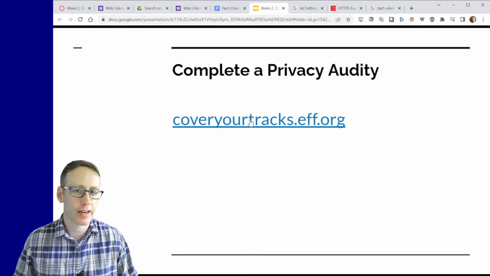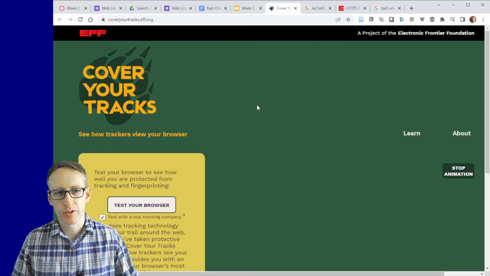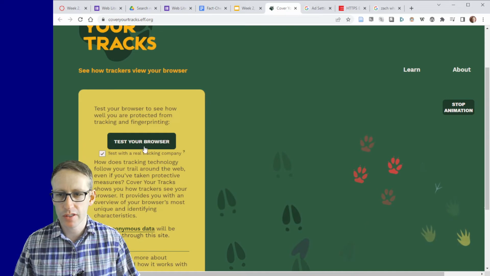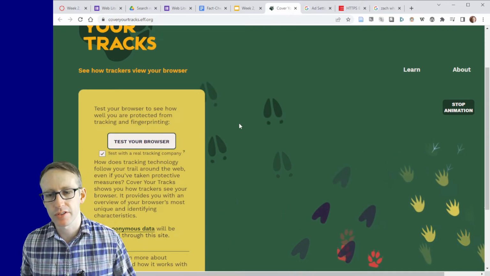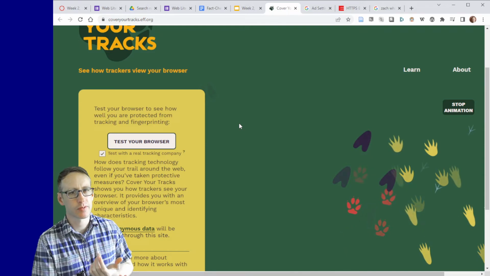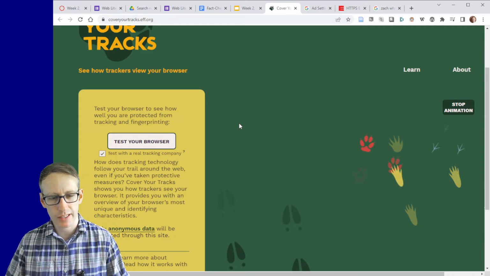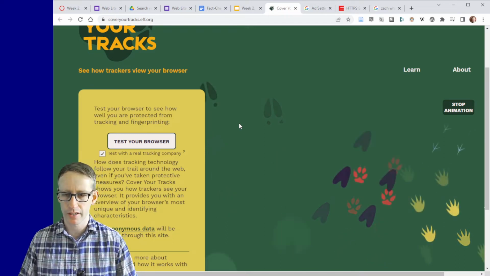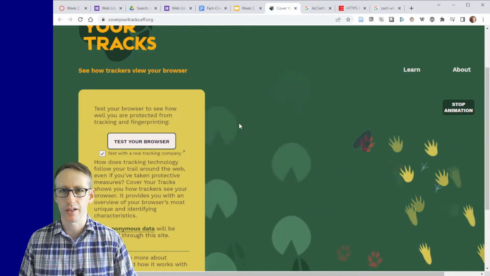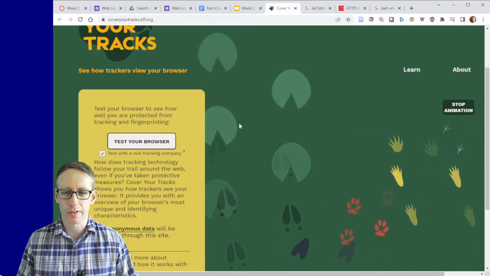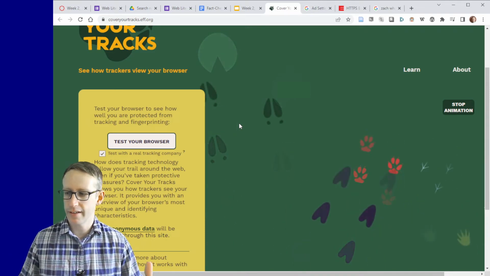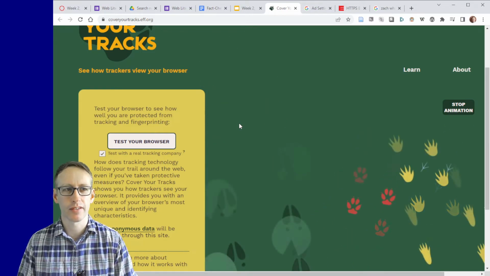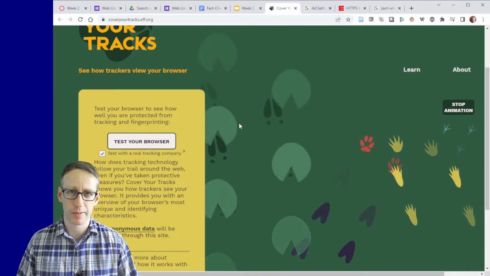Another thing that's worth looking at to check how secure you are is this tool here. This is the Cover Your Tracks tool, and what this is going to do is talk about tracking technology. Cookies are probably the most well-known example of tracking technology. This is when you visit a website, that website downloads a small text file to your computer with data about your session, like the fact that you're logged in, or it might be your shopping cart if you're on a shopping website. That's pretty normal, but there are rules about how those are supposed to work, and not every company follows those rules. They find ways to work around the rules to follow your browsing habits around the web.